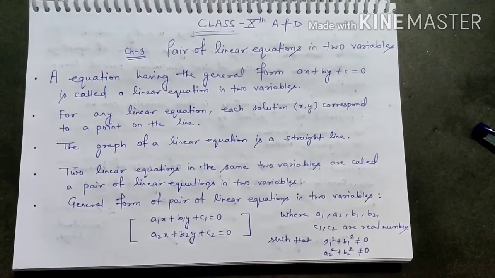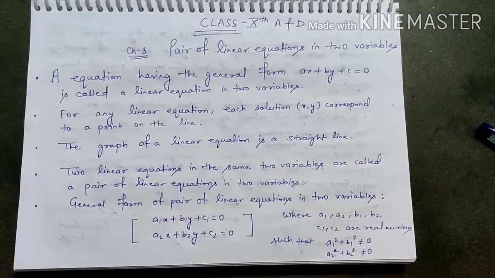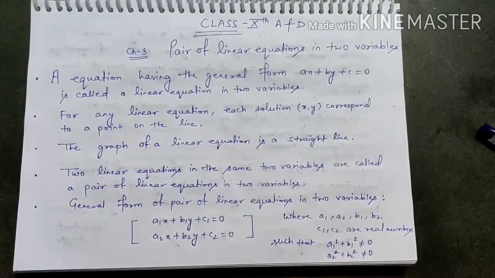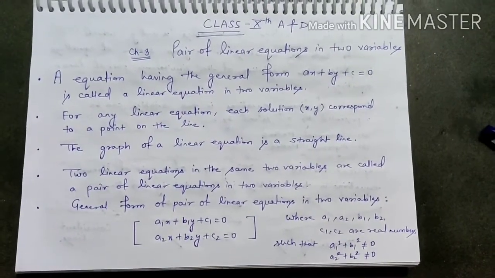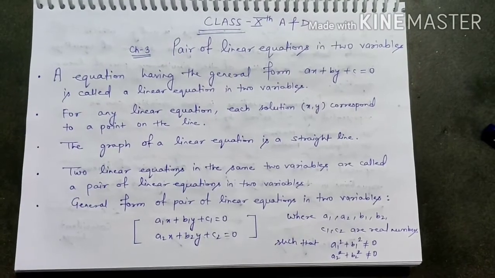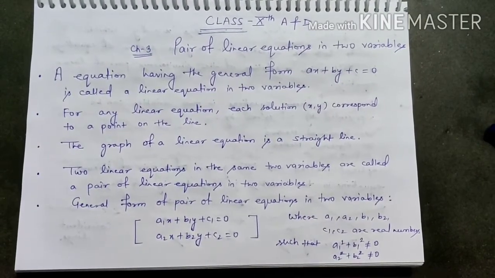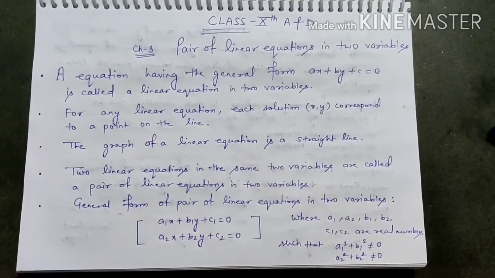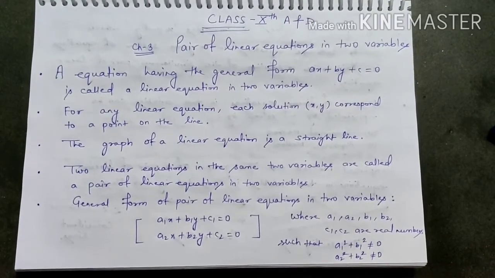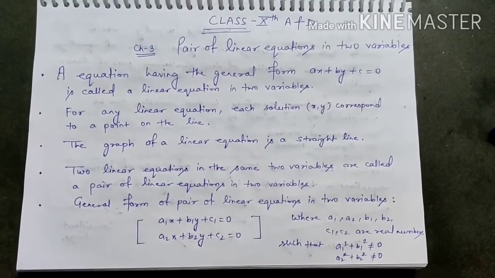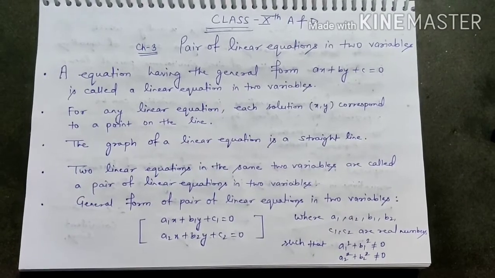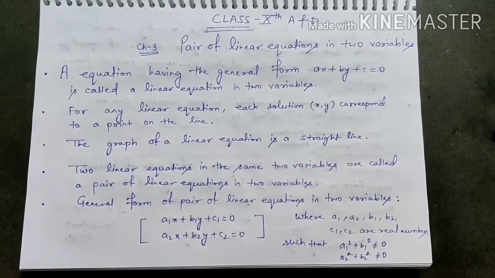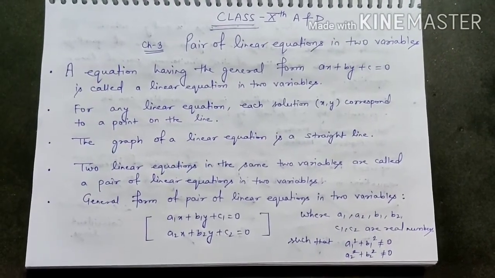We all know the meaning of an equation. An equation is a combination of terms consisting of constants as well as variables, having two sides, that is called LHS and RHS, with a sign of equality. If it is unequal then it is called a linear inequality also.